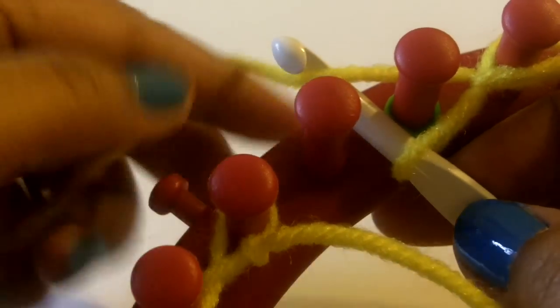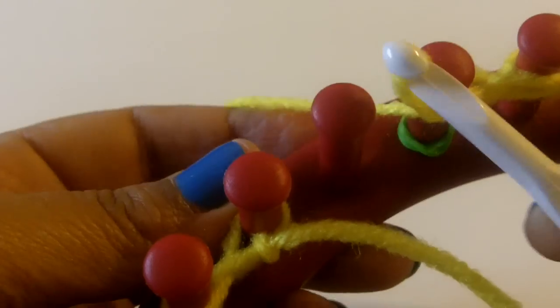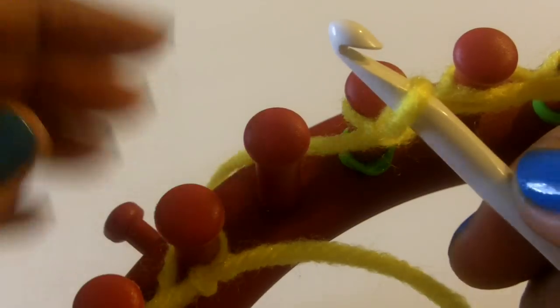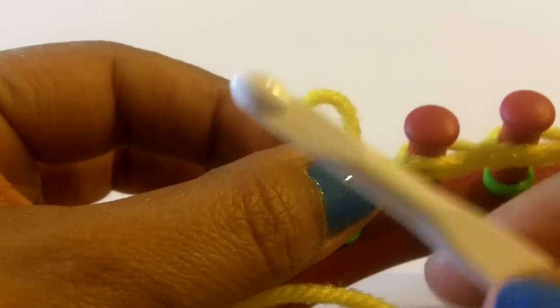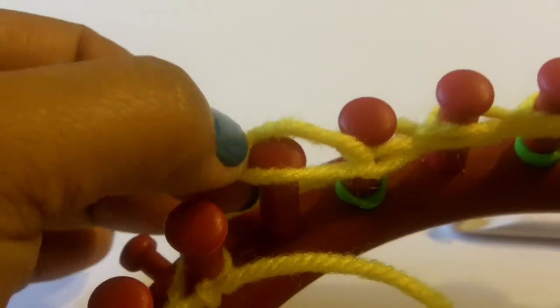I'm back here at the front, and so I do my last one, and then this one here, I'm not gonna knit it. I just take off my crochet hook, and I take that last loop and I put it here, and then I bring up my yarn to the back. Okay, and now I'm ready for my next step, which is